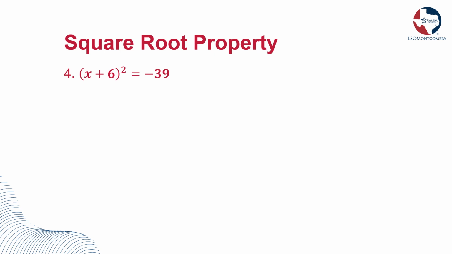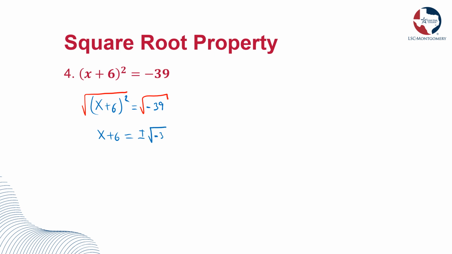Let's look at one more example for the square root property. So we have x plus 6 quantity squared equals negative 39. Let's rewrite it. So now we apply the square root property, take a square root of both sides. So the left side simplifies to just x plus 6. Now on the right side, according to the square root property, we know we're going to have a plus or minus. So let's go ahead and put a plus or minus in front, and we still have the square root of